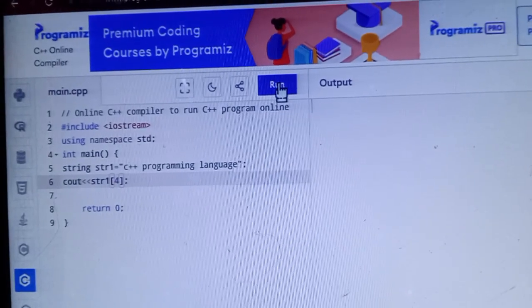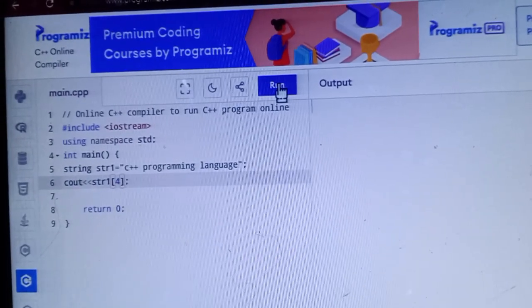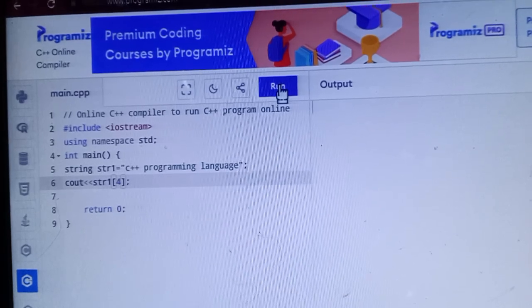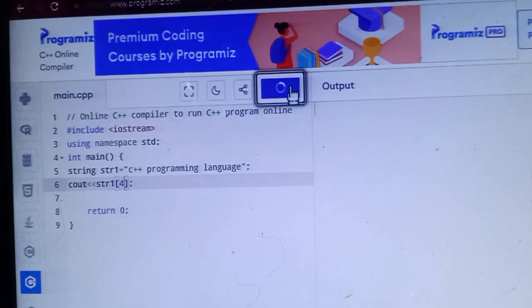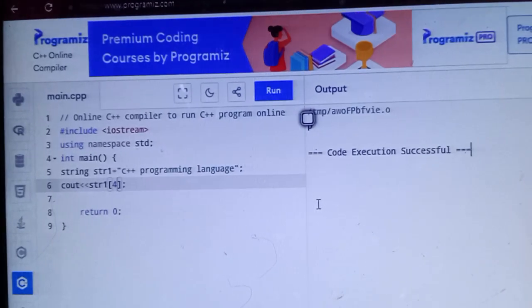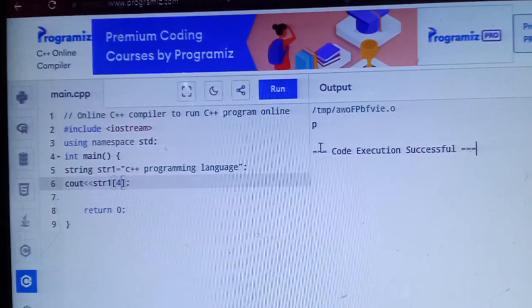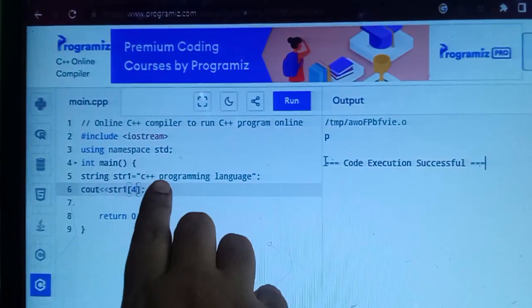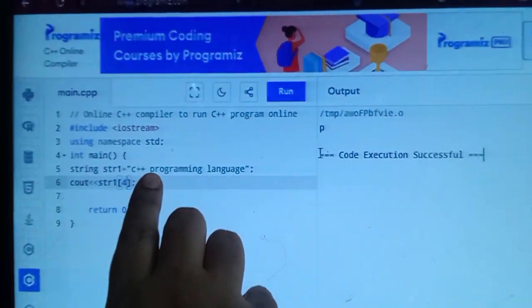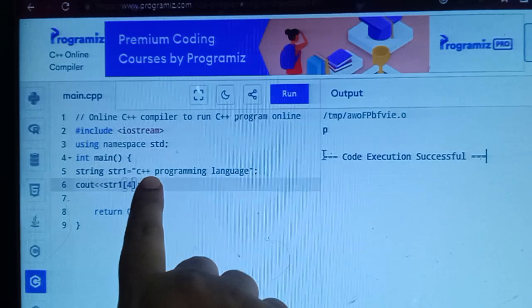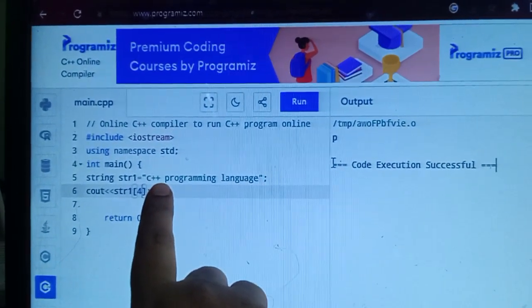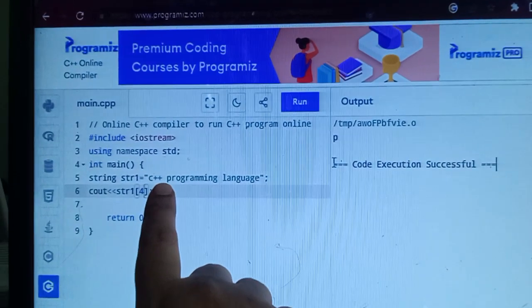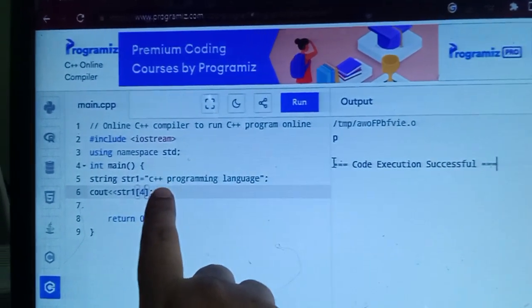Click on run. See here what we got? P. That means even the space in the middle of a string is given one index, that is 3 here.